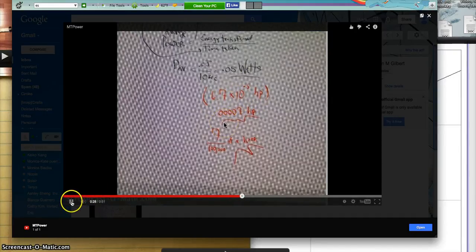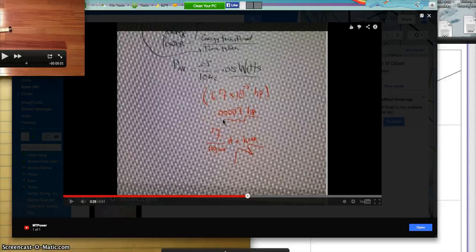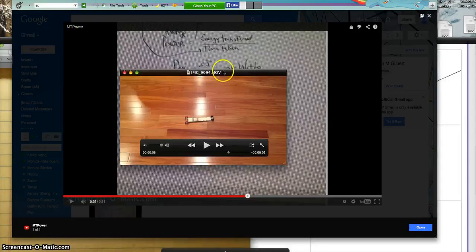Oh, no, it's another example. Okay, so this is just to round it off of that, and this is just the example we did in class. But for our particular mousetrap, if you look at our video, first of all,